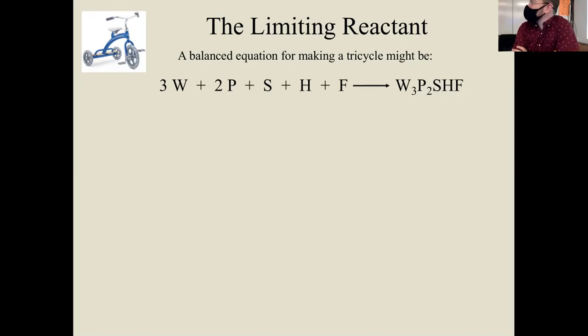What part on a tricycle starts with an S? The seat. H. Handlebars. An F. The frame. So to put together a bicycle or tricycle, we're going to need the 3 wheels, and the wheels